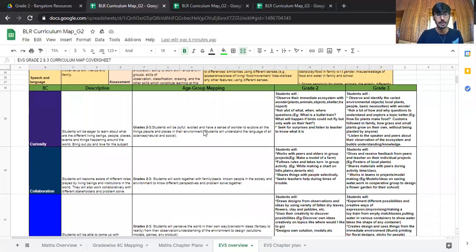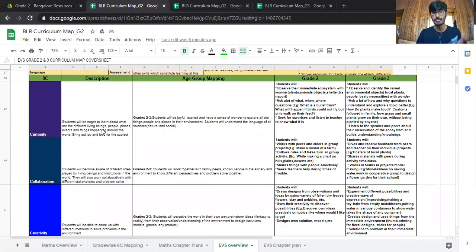Below that is the 8Cs. As you all know, we are working towards how we can build the 8Cs and incorporate them into the classroom and outside the classroom for the holistic growth of our children, right? So here you can see the descriptions. The second column is what the 8Cs mean, or how they are seen. And the next, age group mapping, is how these 8Cs can be seen in a child of grade